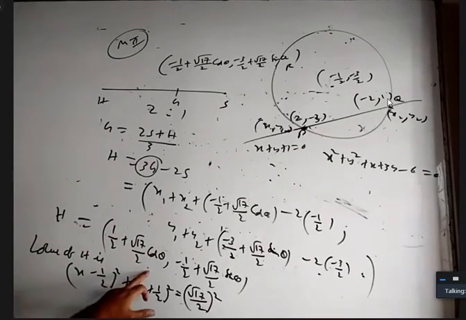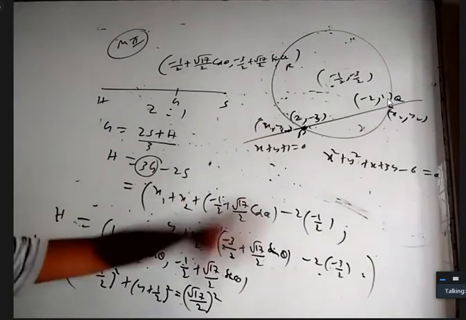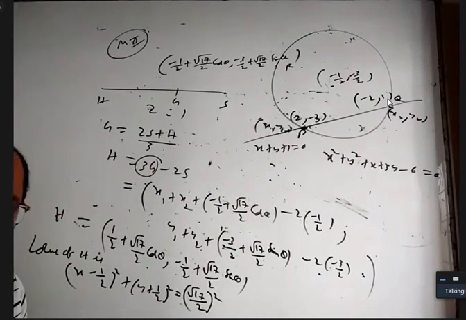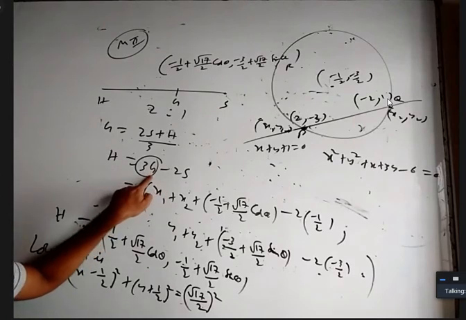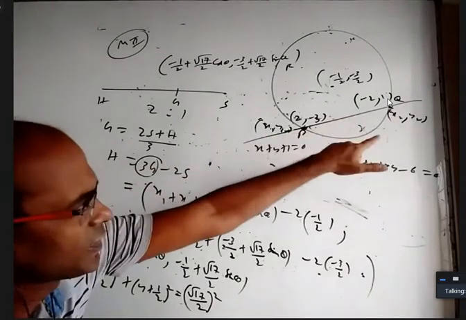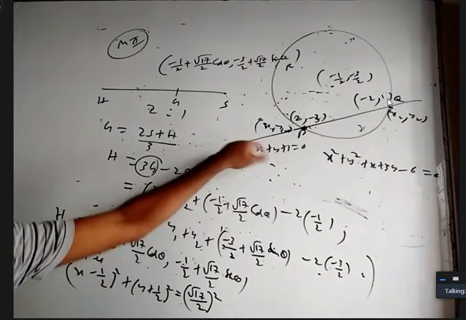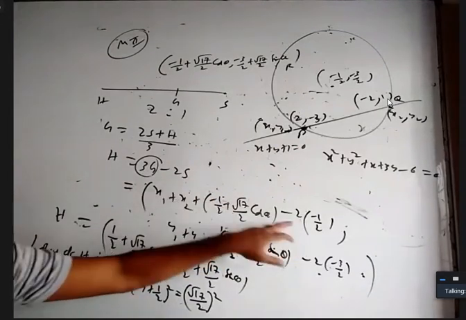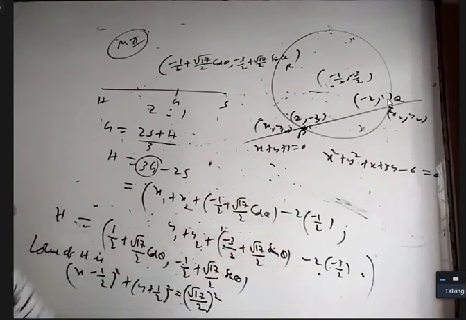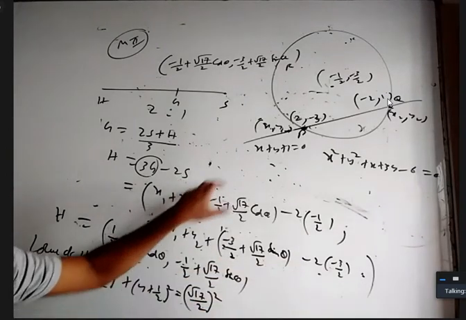From here to here, what have I done? Yes. I just substituted the points of intersection x coordinate and y. I thought they were difficult to find, but they came very easy. I substituted x1 and x2. I took the centroid. What is the centroid? This x coordinate plus this x coordinate plus this x coordinate by 3. That 3 and this 3 got cancelled. That's how I got the sum of the 3 x coordinates minus 2 times the x coordinate of the circumcenter. So this is the sum of the 3 y coordinates minus 2 times the circumcenter's y coordinate.